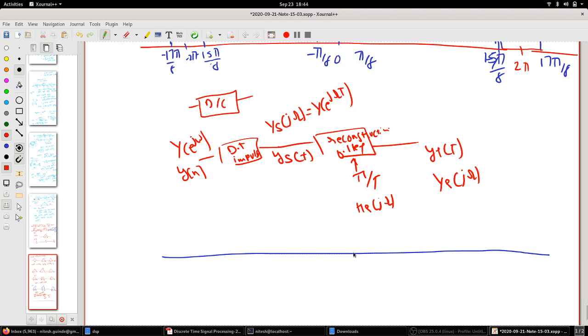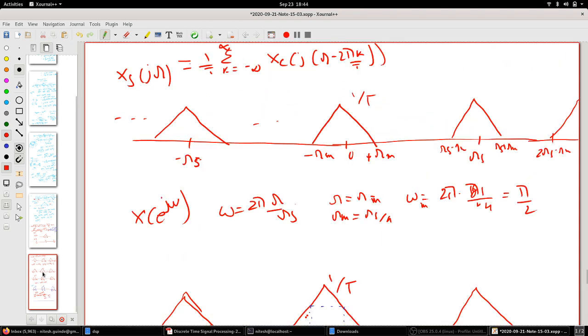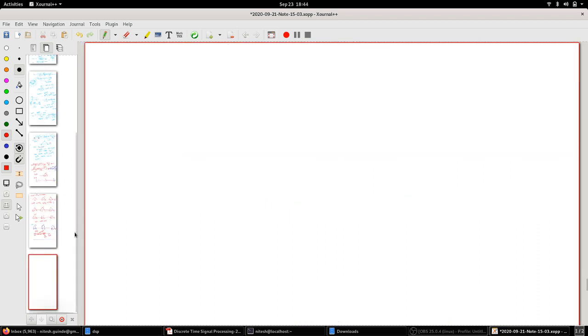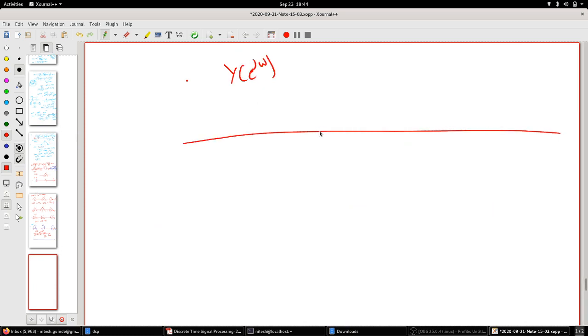This is what we will see. Now, what we'll do is, we know this Y of e raised to j omega is known, which is a filtered version of your X of e raised to j omega, from minus pi by 8 to pi by 8. This is periodic, since the discrete time Fourier transform is periodic, and